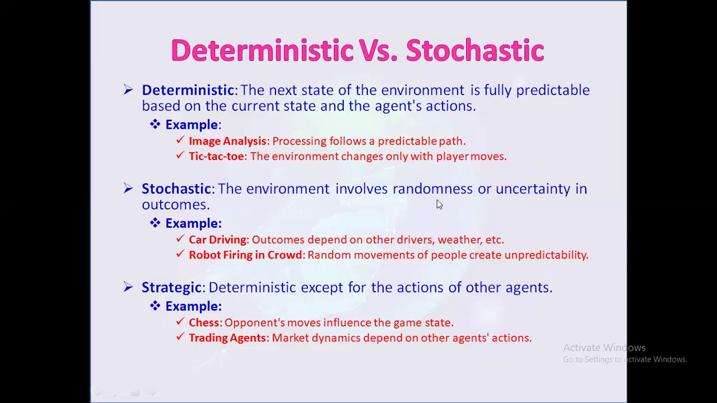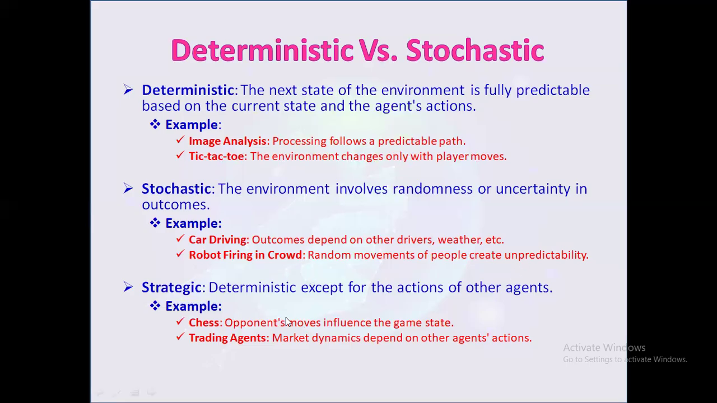This randomness requires the agent to consider probabilities and adapt to unexpected events. If you take the example of car driving, when driving a car, outcomes depend on many factors, such as the behavior of the driver, weather conditions, and road hazards, making the environment unpredictable and requiring the agent to make decisions based on probabilistic reasoning. The next example is a robot firing in a crowd. In scenarios like a robot firing in a crowd, the movement of the people, where they go, is unpredictable and random, making it difficult for the robot to anticipate